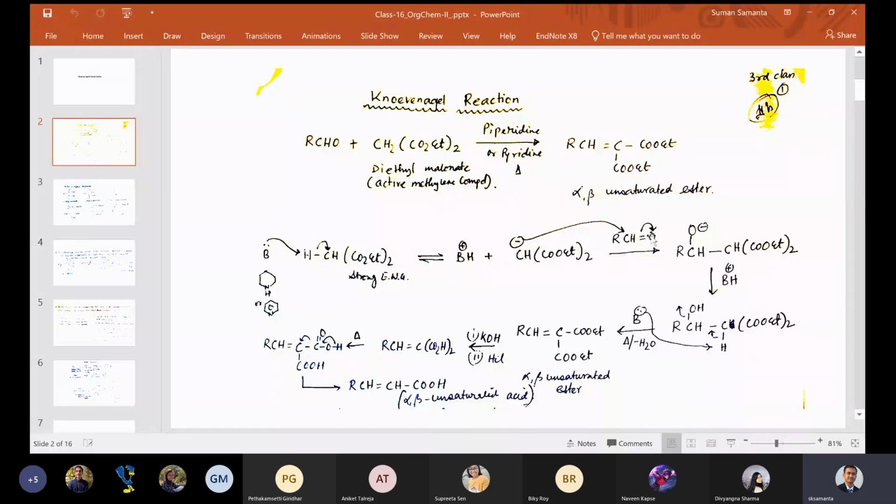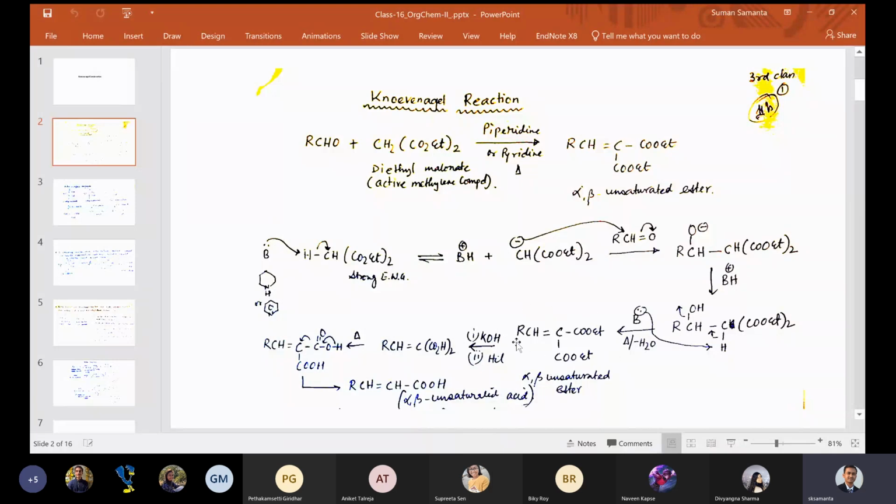Now if you have this aldehyde or a ketone, then this negative charge attacks here and it forms this O negative. Okay, and then it can take a proton from this BH plus, which you have here, to generate this catalyst again. So this base here could also act as a catalyst, not a problem. So this base is again regenerated here, so that it picks up again this proton, then OH minus goes away. So basically you have dehydration that has been going on here.